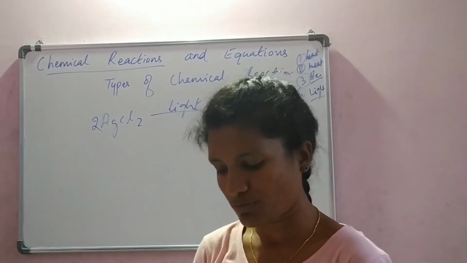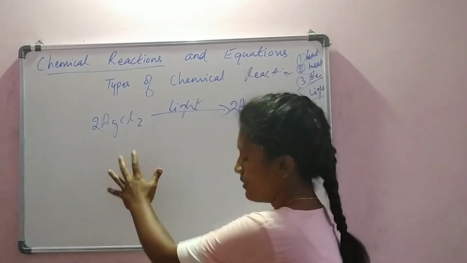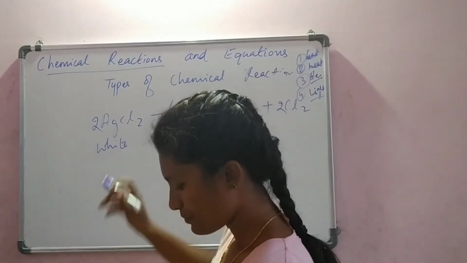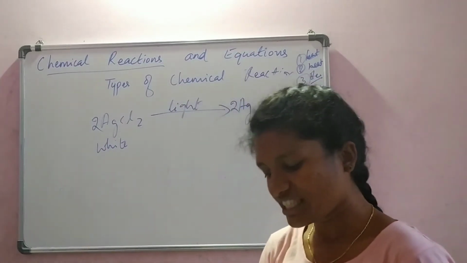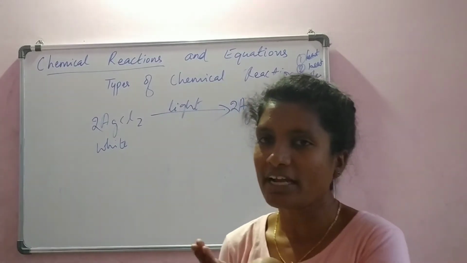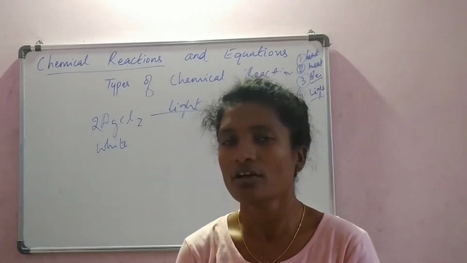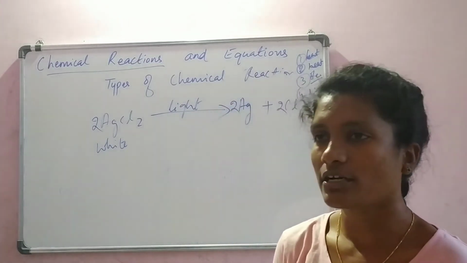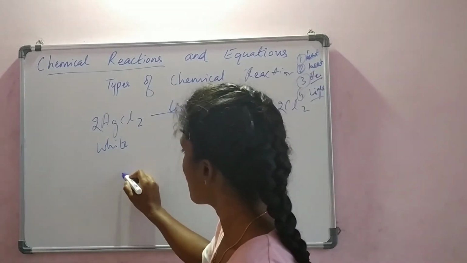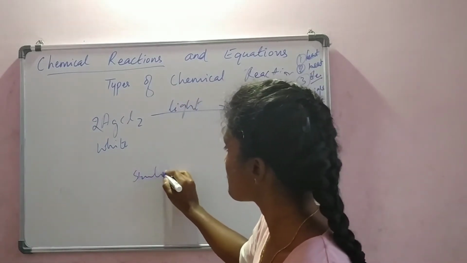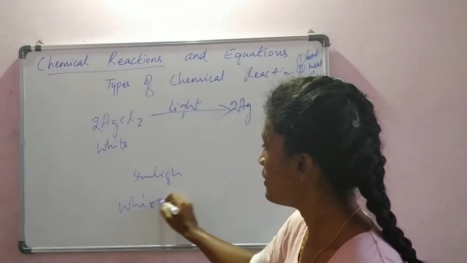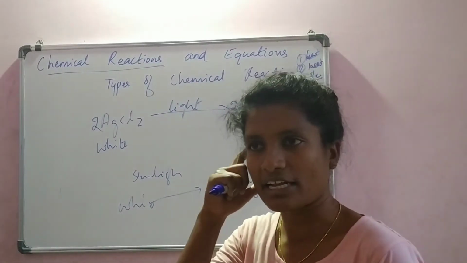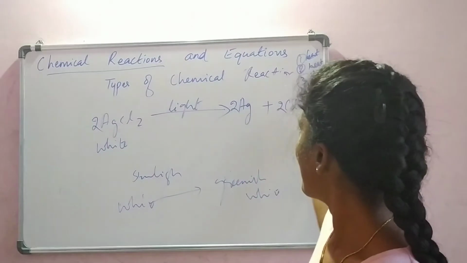So how can you write the steps? Take about 2 grams of silver chloride in a china dish which is white in color. Place the dish in sunlight for some time. Keep that silver chloride, which is like a salt, in sunlight for about 1 or 2 hours, and you observe that the white color turns into greenish white. Okay, this is the last activity for decomposition reaction where light energy is used.